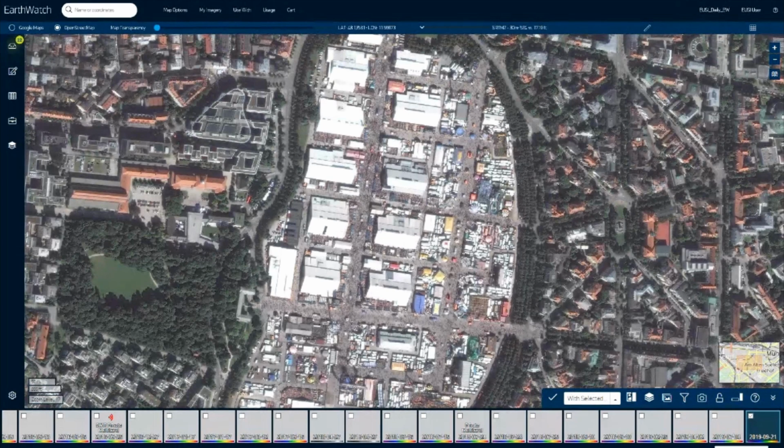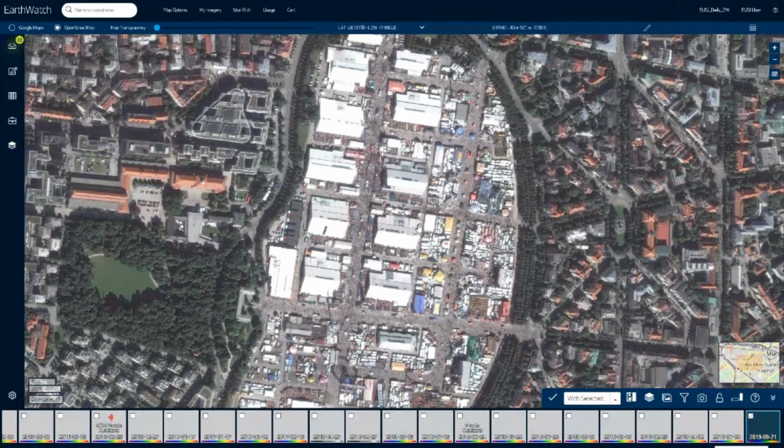Another option to download an image is based on an area of interest, or AOI. There are several options to create an AOI. You can press this button here. I first zoom out a little. So we press this button here and we have several options.